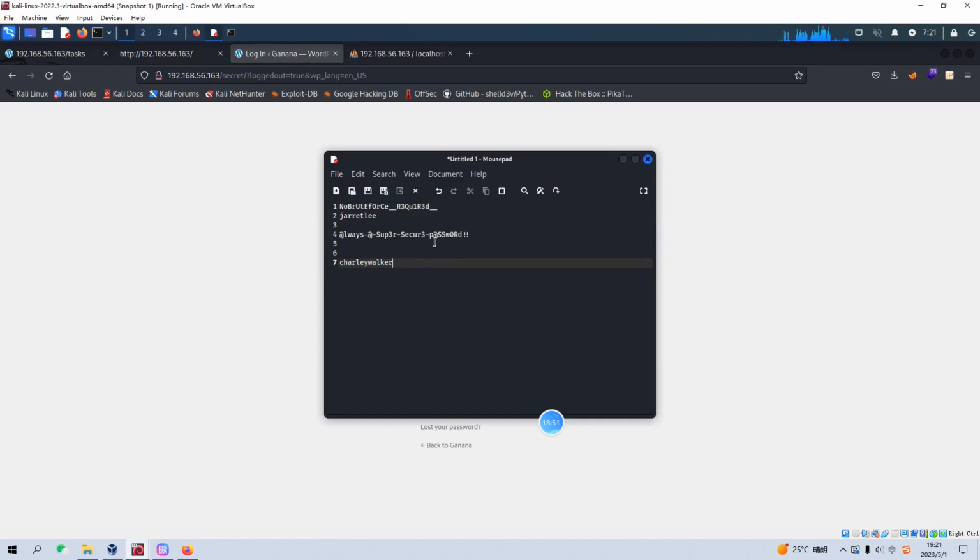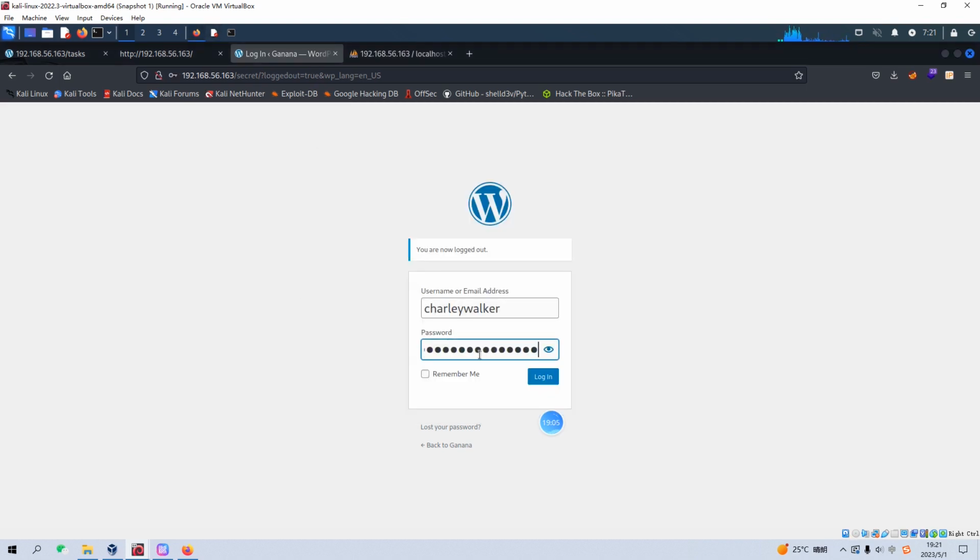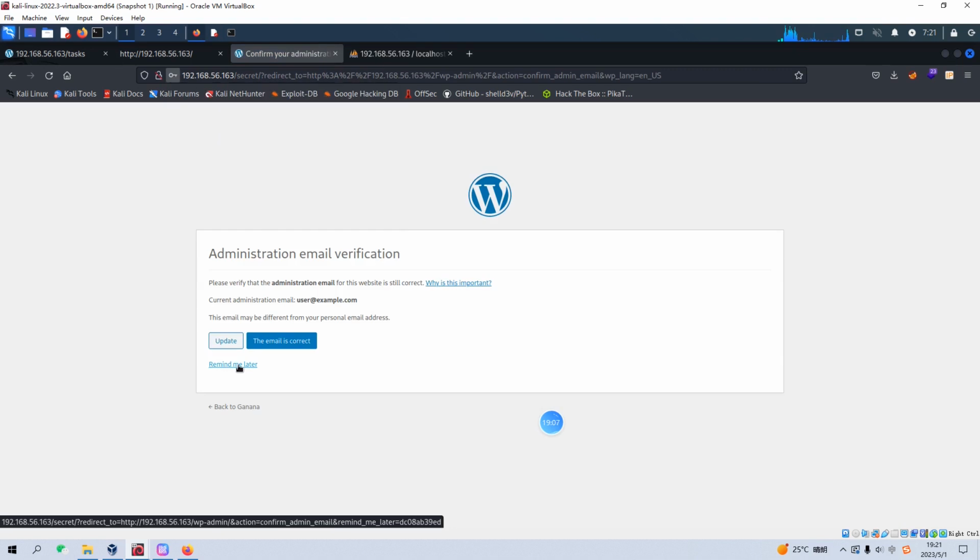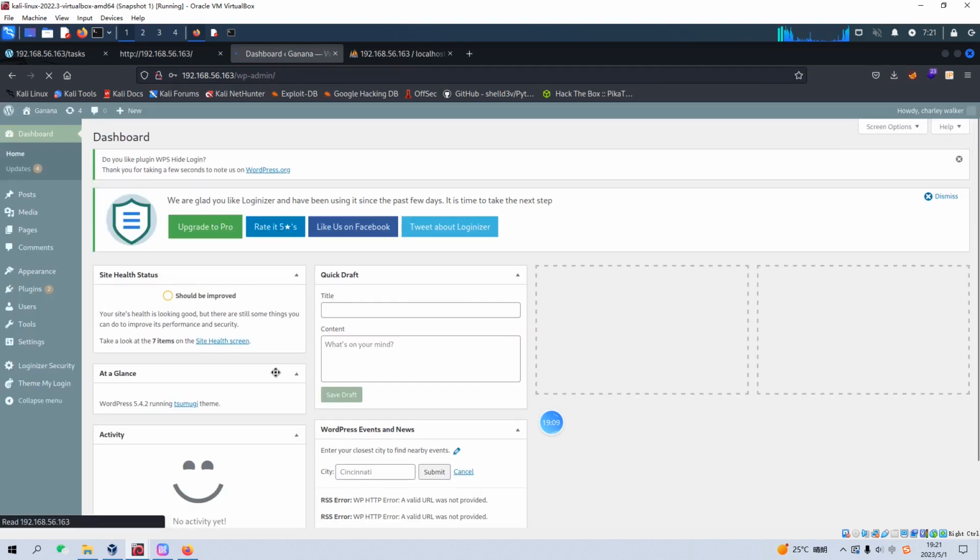And the password, we have already updated to the same one as Jared Lee, so we can copy and then log in. Remind me later. So we successfully log in as another user, and from the functions of this portal, this user